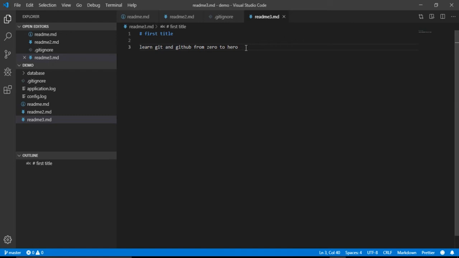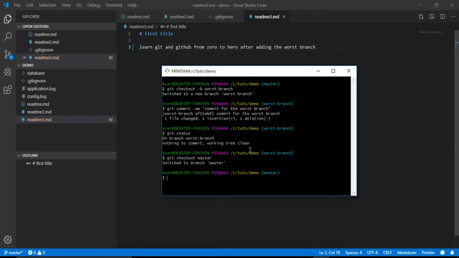Let's add something after adding the worst branch. Let's save it. So now we have an update or modification in the same line in this branch. So now let's commit that, git commit, always the express commit, and let's make